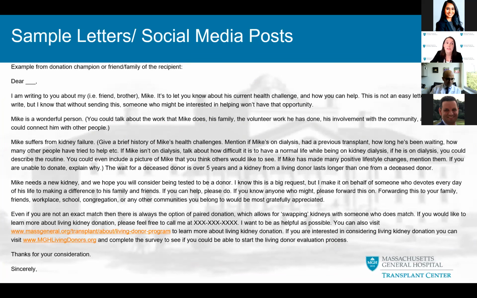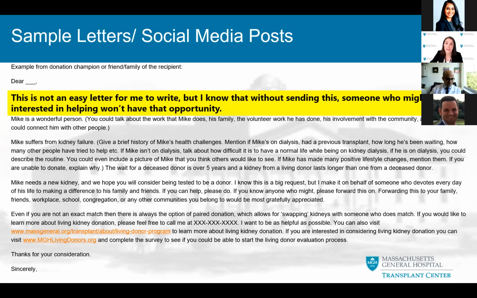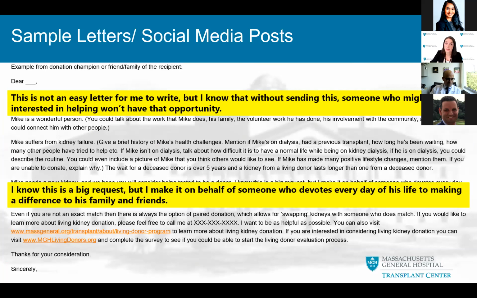This letter is an example that would be coming from a donation champion or a friend or family. So again, it's not an easy letter for me to write, but I know without sending this, someone who might be interested in helping won't have that opportunity. Or I know this is a big request, but I make it on behalf of someone who devotes every day of his life to making a difference to his family and friends. So little things like that can really